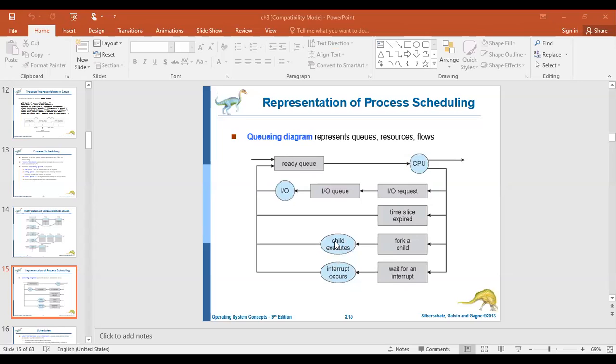Even for the child process, it needs to maintain a process control block, because the process control block contains all the information regarding the process.